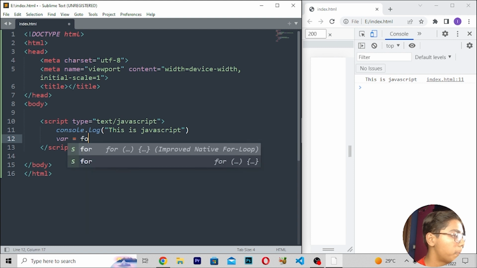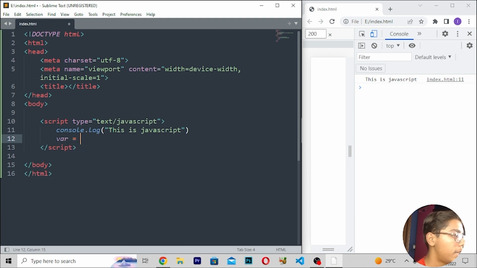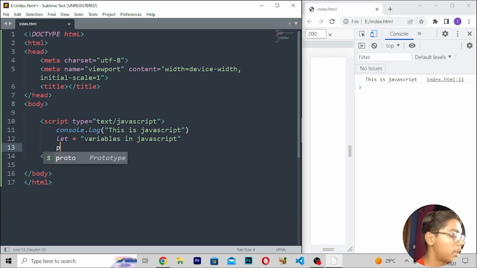And now here we have to build that project, and when you have written this, here you can write let is equal to, and when you have written all these things, here I will be using let tag is equal to variables in JavaScript. Then here I will be moving down, console.log, and when you've written this, here I will be writing let. Save this,